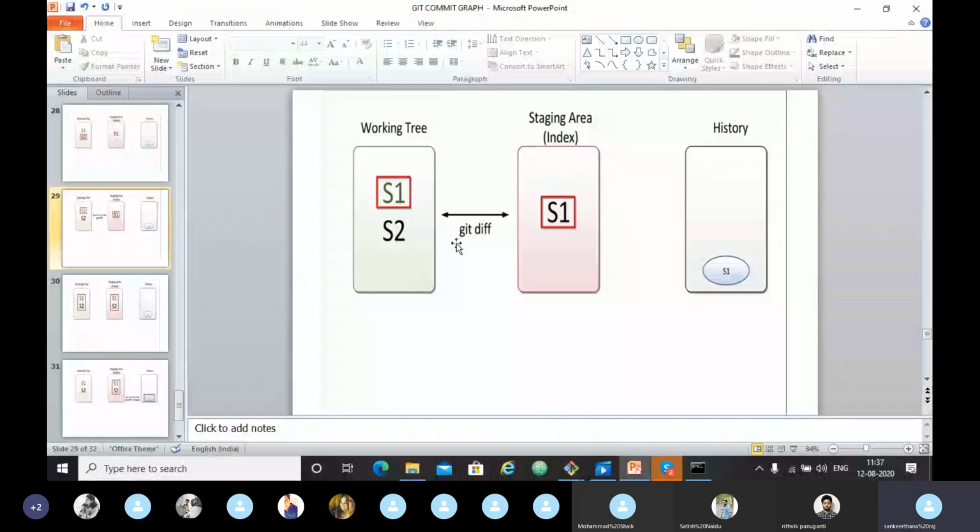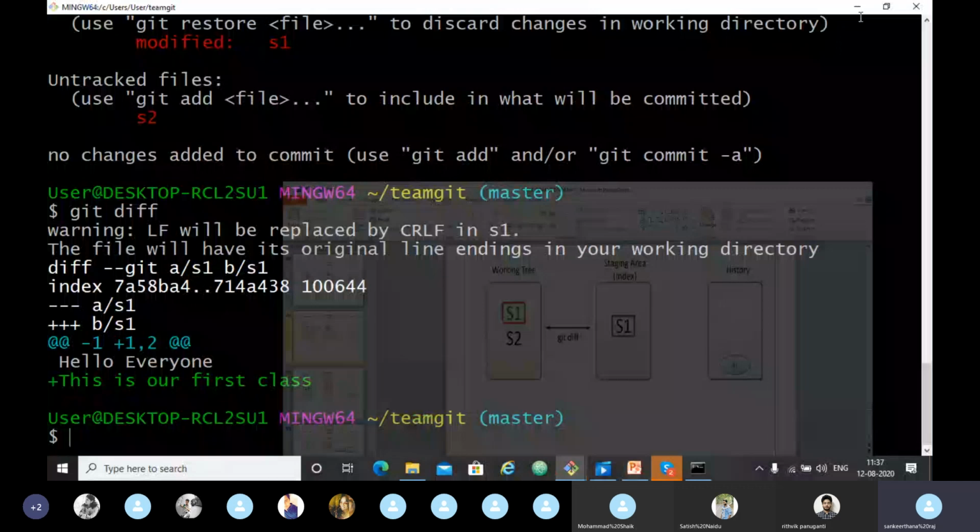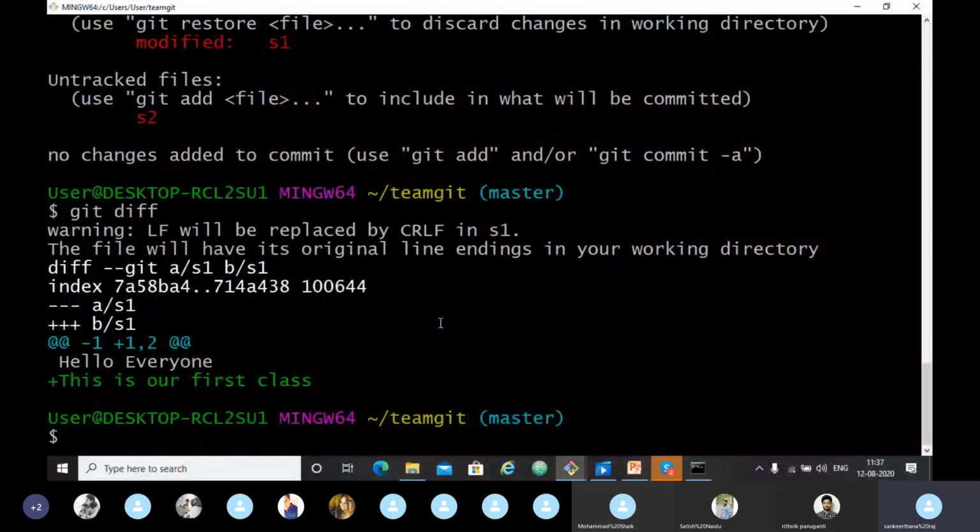So let's stage S2 to the staging area. For that, what we did before is git add S1, right? Now we can just write git add S1 S2, but suppose we have more files than just two, meaning there are a number of files we want to stage at one particular time.